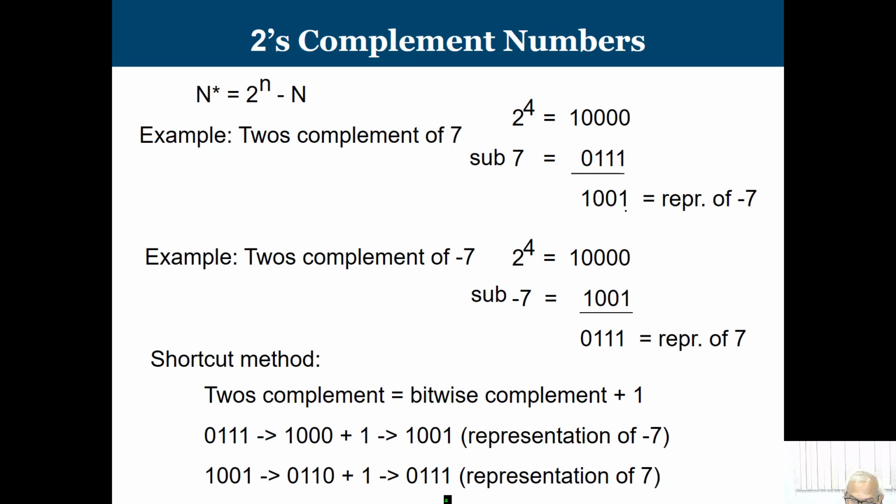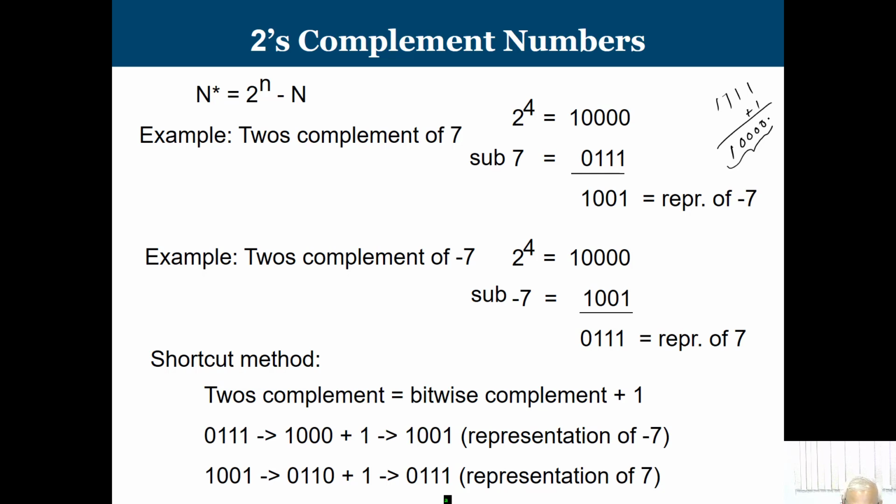addition of 1 is not needed here, because the maximum number with the help of 4 bits is your 1 1 1 1, but in this formulation what we are saying is, you add 1, then I am going to get 1 0 0 0 0. That means instead of 4 bits I am taking the 5th bit actually. So, this is 2 to the power n minus the number. So, it is going to give me 2's complement.